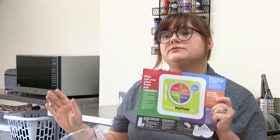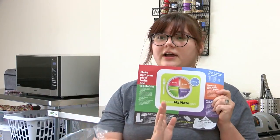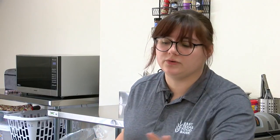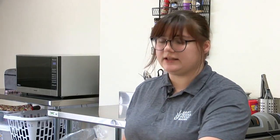Half of that plate should be fruits and veggies, all different colors. The other half should be a lean protein, so that would be chicken, turkey, or peanut butter. And then on that top region, that's your grains, something like your bread, your tortillas, or your rice. And then finally your dairy cup, so that's your milk, cheeses. And that's what we recommend clients do to make sure they get all of the vitamins and minerals that they need